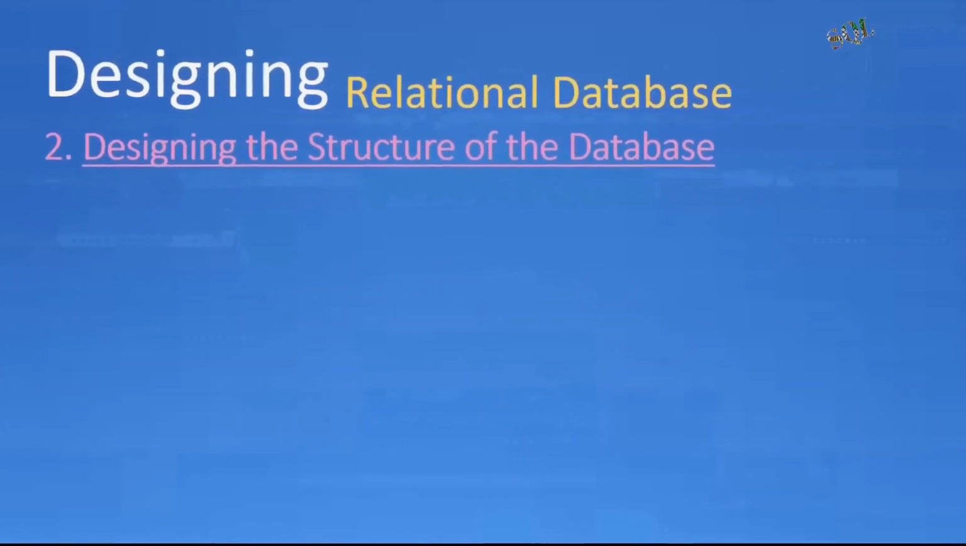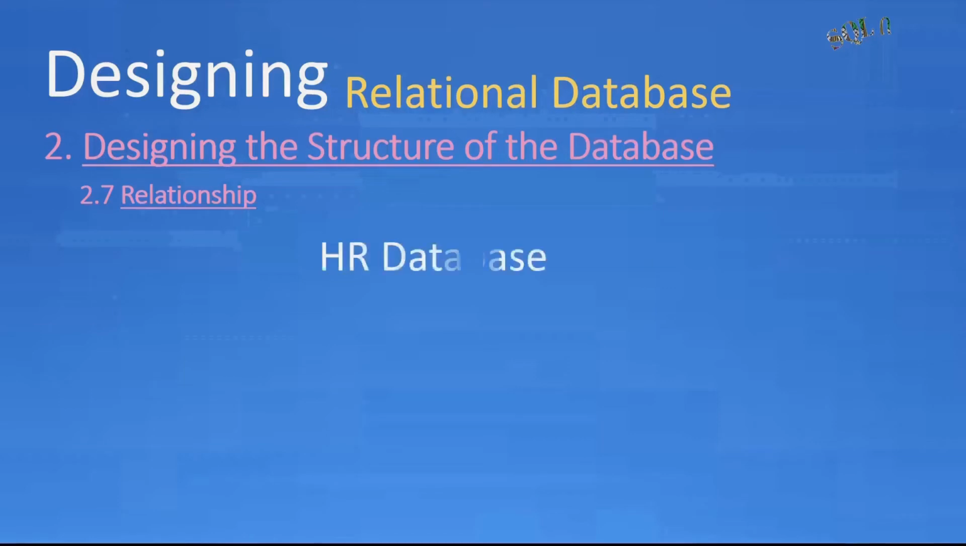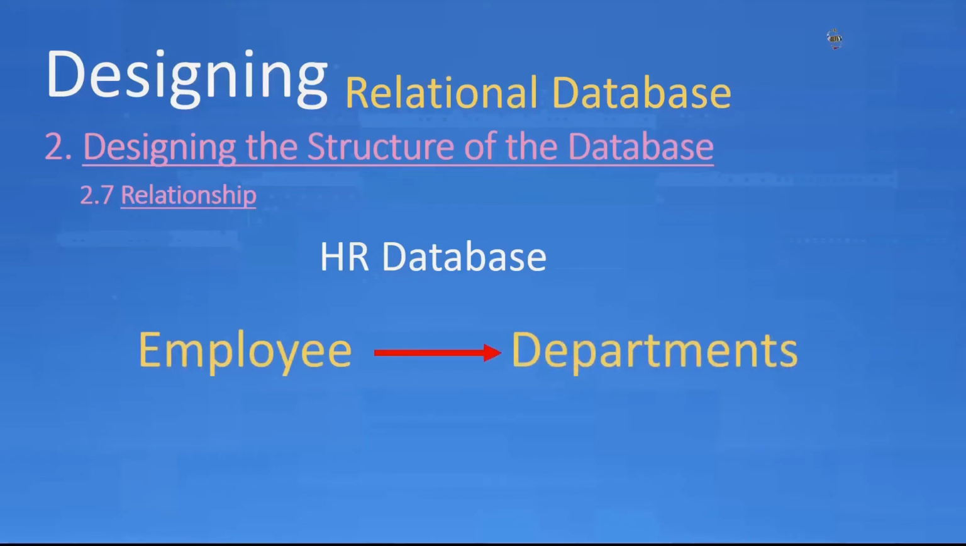Now we will design the relationship among the tables of the database. In a relational database, tables relate to each other. If we take HR or Human Resource Database as an example, it has tables like employees, departments, jobs, and others. These tables relate to each other. For example, the employees table relates to the departments table because employees are assigned to work in one of the